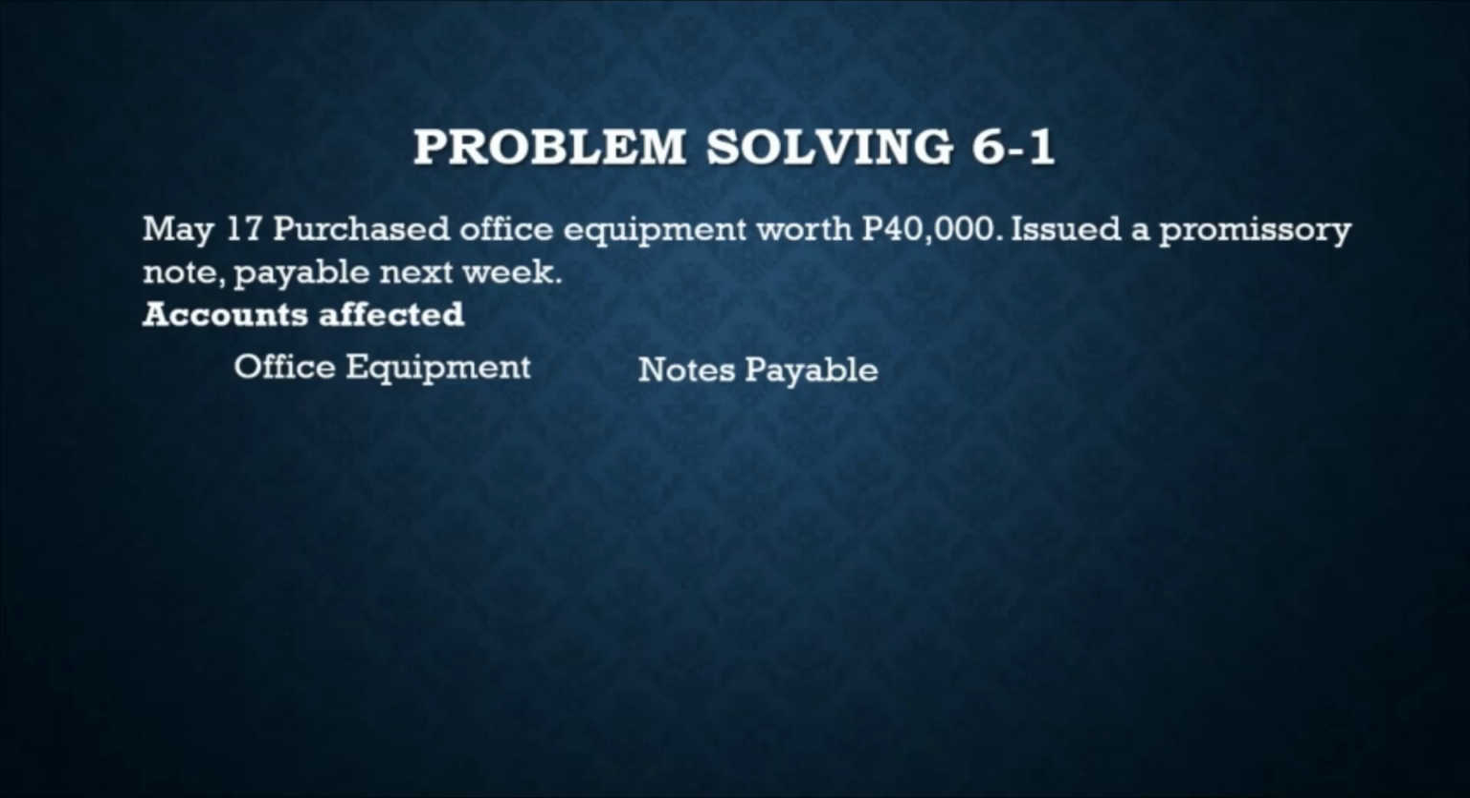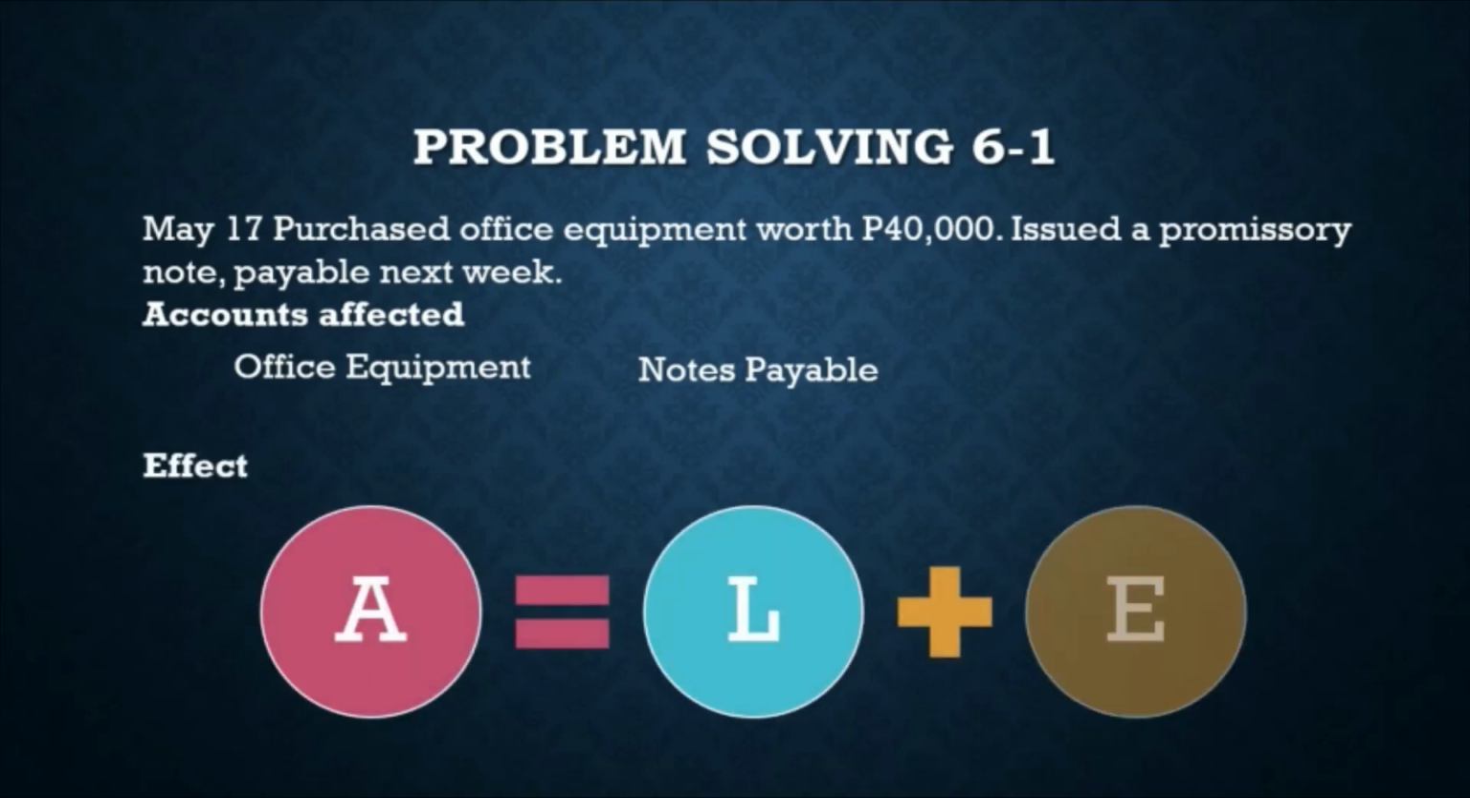So ano naman ang magiging effect sa ating accounting equation? So syempre sa equity walang effect kasi office equipment is an asset and notes payable is liability. So there will be an increase in office equipment kasi nadagdagan ng ating office equipment since bumili tayo worth 40,000. And also increase in notes payable kasi umutang tayo para makabili ng office equipment using a promissory note which is